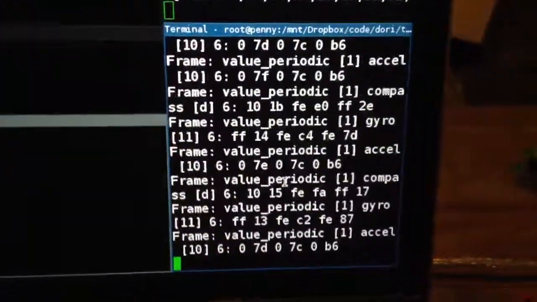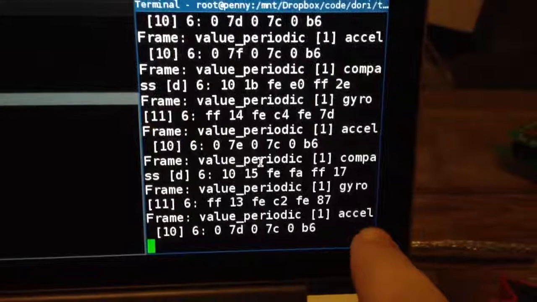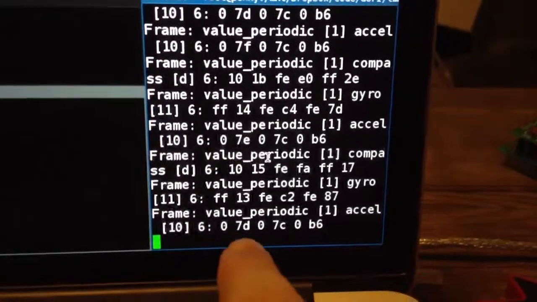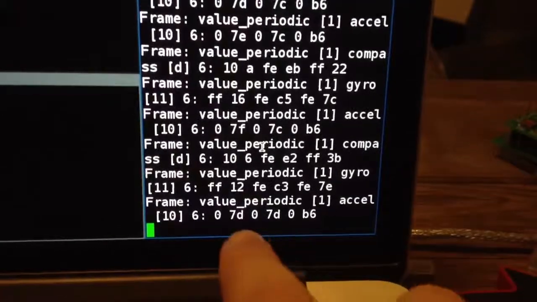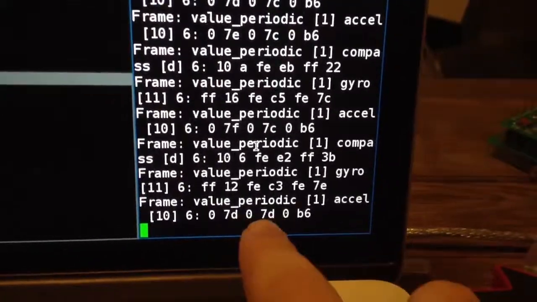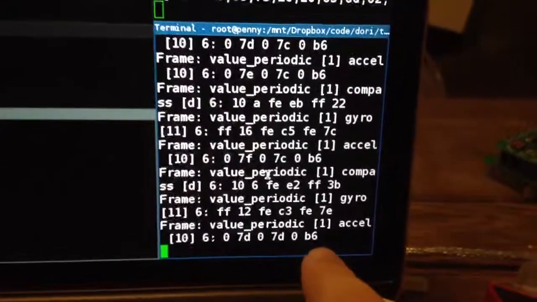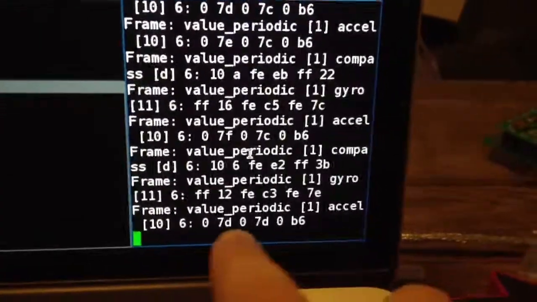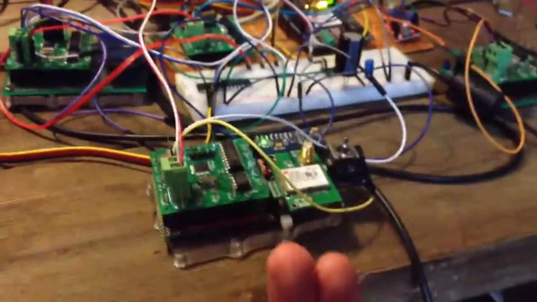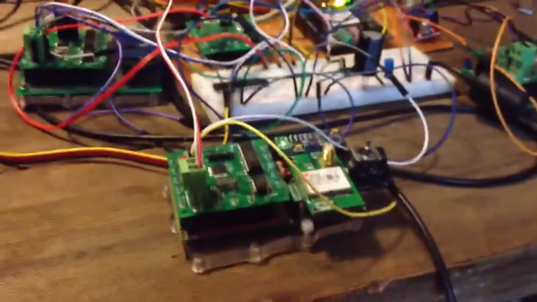So if we pick, for example, the accelerometer readings, we see at the bottom here 7D, 7C, B6. That's x-axis, y-axis, z-axis. That's the actual accelerometer reading. So we can see Z is different from x and y. That's because the board is currently sitting like this, and Z is up and down, so gravity is currently pulling